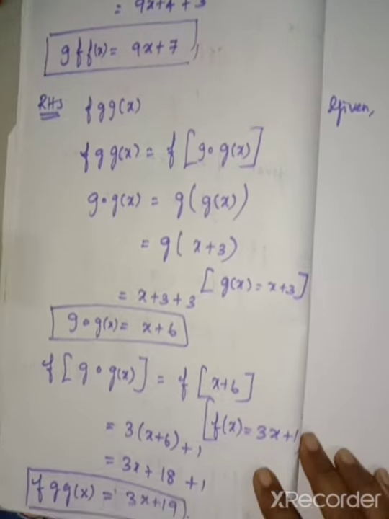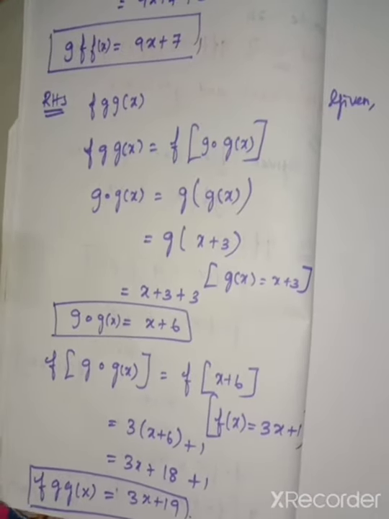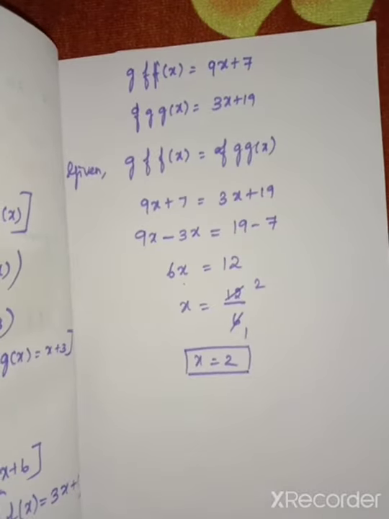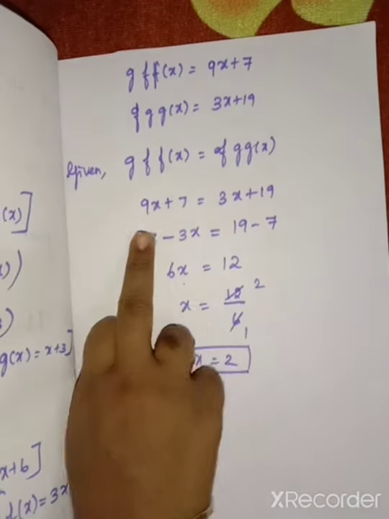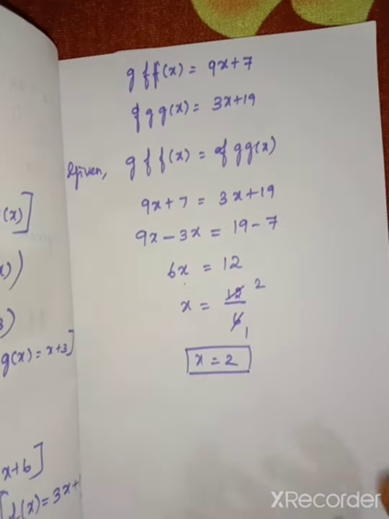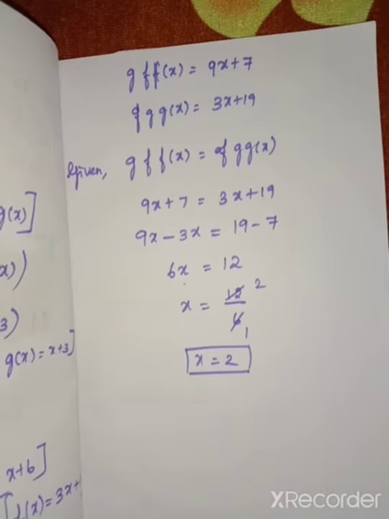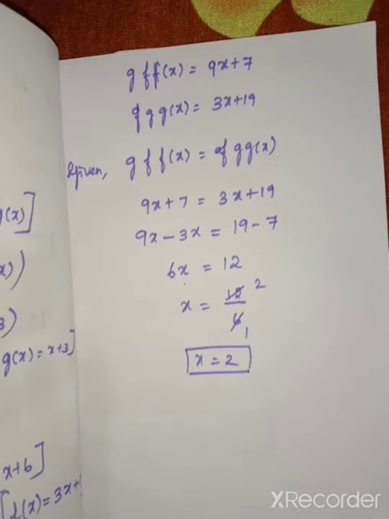Both the values we get, after that we have to equate them, because the condition is given as equal, the two quantities are equal. So since both are equal, we substitute. So we take the x variable on one side and the constant on the other side, because then it is easy when we subtract. So we separate the same variable, the like terms, separately. Then we subtract and divide, and we get the answer, that is x equal to 2.